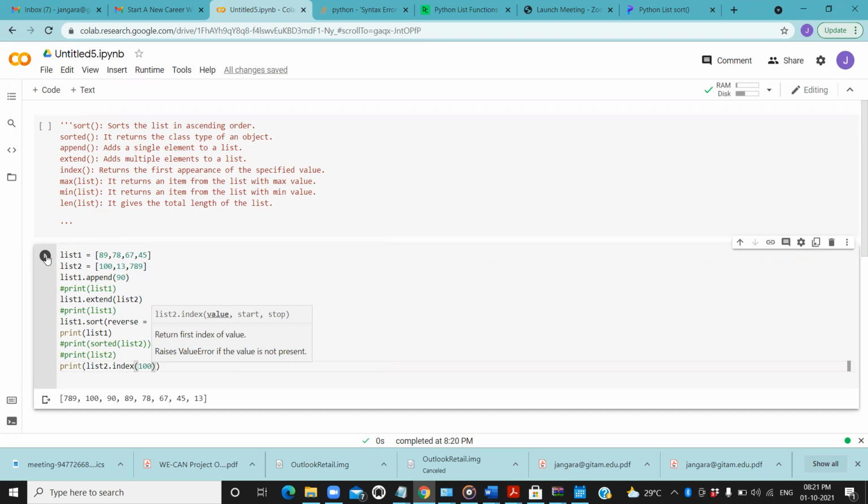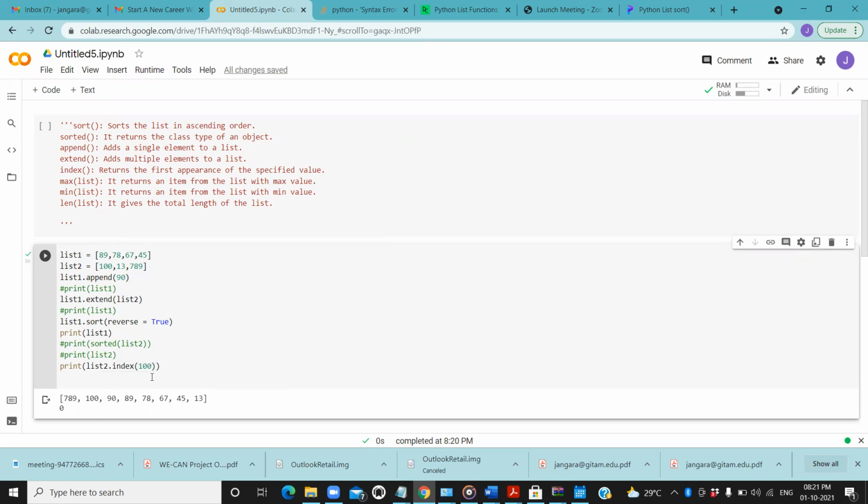So it is going to display the index of that particular element. It is located at the 0th index. So 0 is displayed. For example, if I give 13, it is going to be displayed as 1 because 13 is present at index number 1.